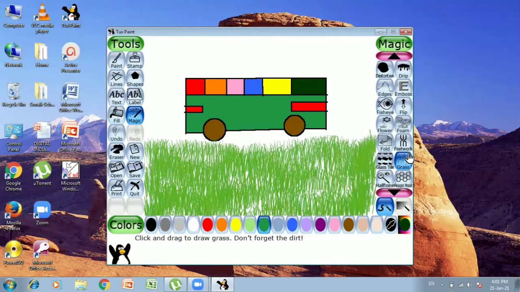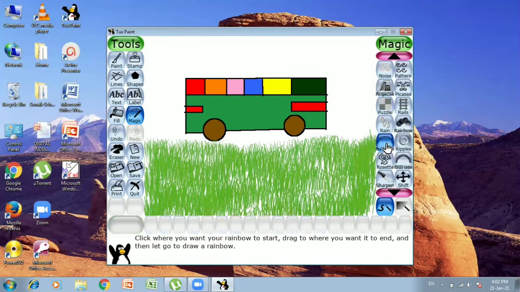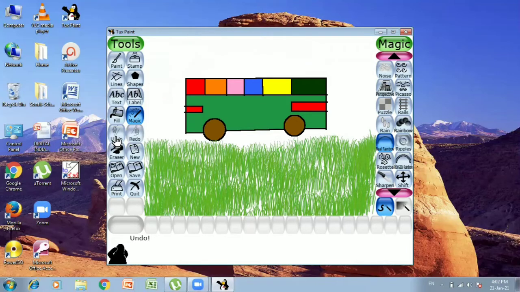Like this. Okay. Now let us add more. Let's add one rainbow also. Okay. So I've selected the real rainbow from here and like this. If you don't want this, you can simply click on undo. So it has changed your previous action. It has erased it. But if you want that rainbow to come again, you can click on redo. So your rainbow is back.